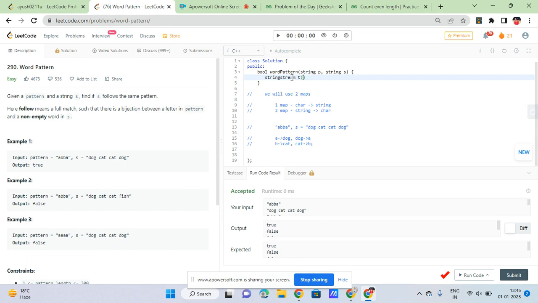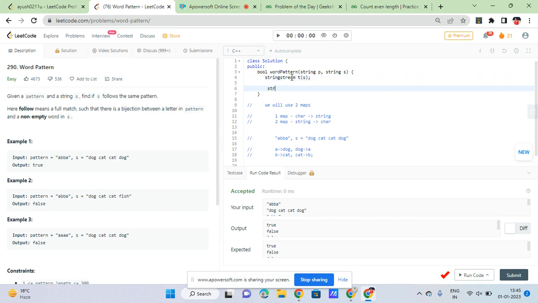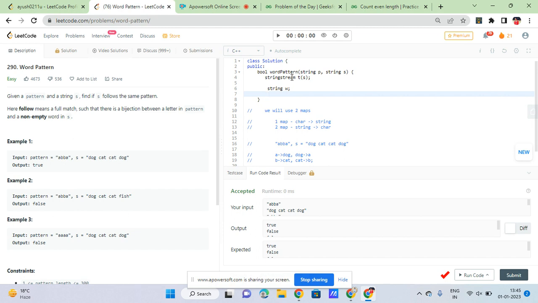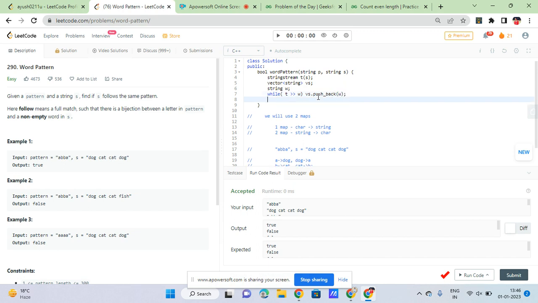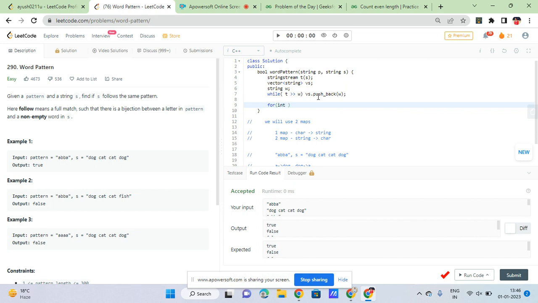ऑफ पी एंड एस पे लगा देंगे, और स्ट्रिंग एक डब्ल्यू बना देंगे, और एक वाइल योर पी इज गिविंग आउट दिस वर्ड, हम एक वेक्टर बना देंगे। लेट्स से वेक्टर ऑफ string vs, right? So vs dot push back, not cs, it's vs push back this w, right? And then just iterate over this 0 से लेके I says and p dot size।